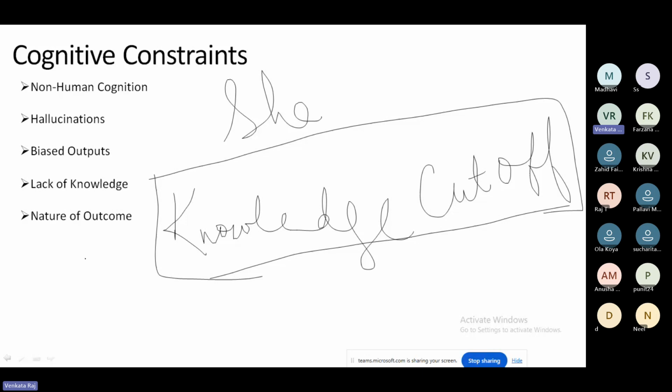Nature of outcome. You might be thinking the outcome to be in a particular format, but